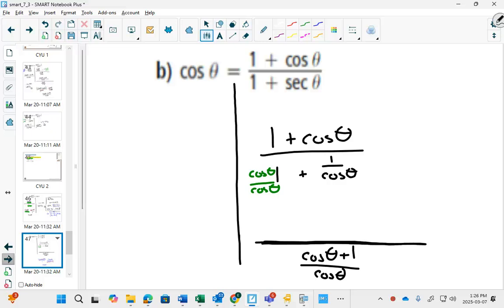Because what's the denominator of 1? What's the denominator of cos? 1. Do they have the same denominator? If you wanted to write them as a fraction over 1, could you? Yes. But you wouldn't have to, just realize the top is already, for all intents and purposes, a single